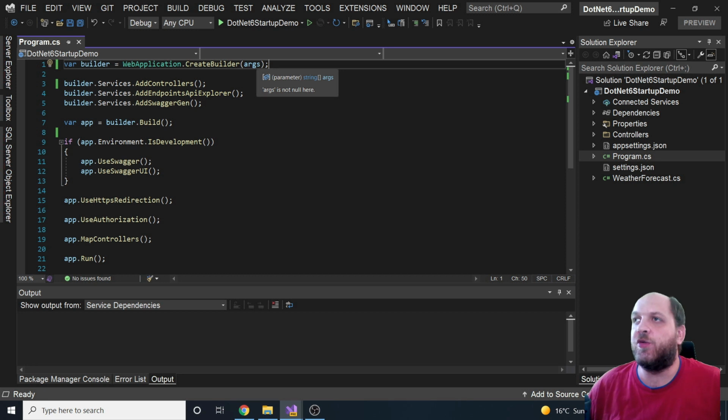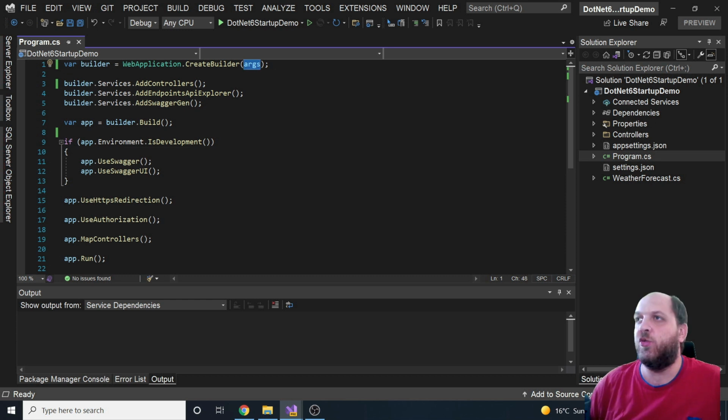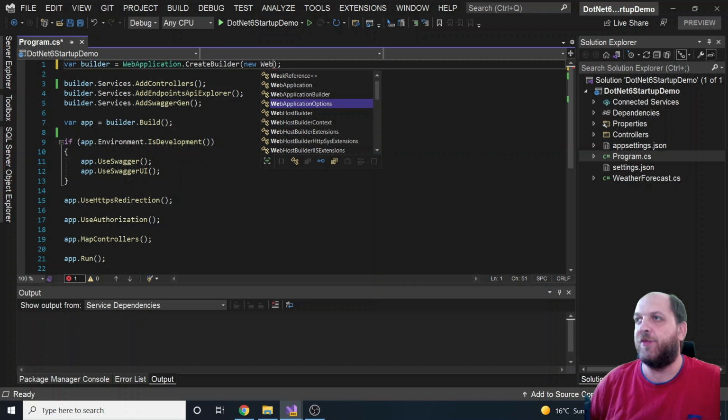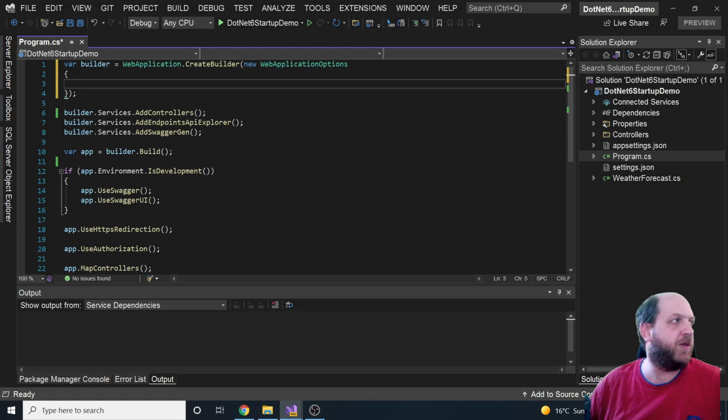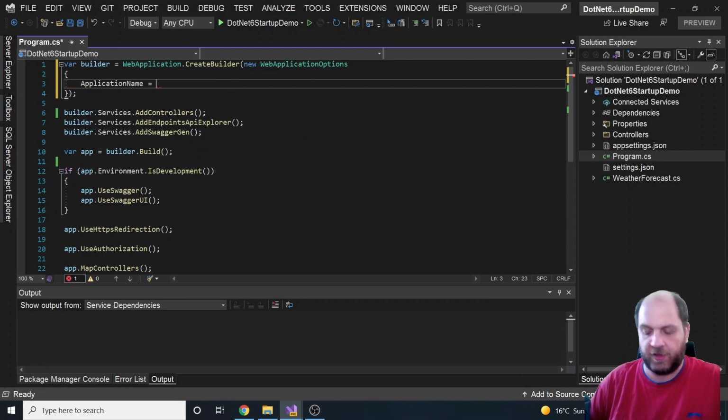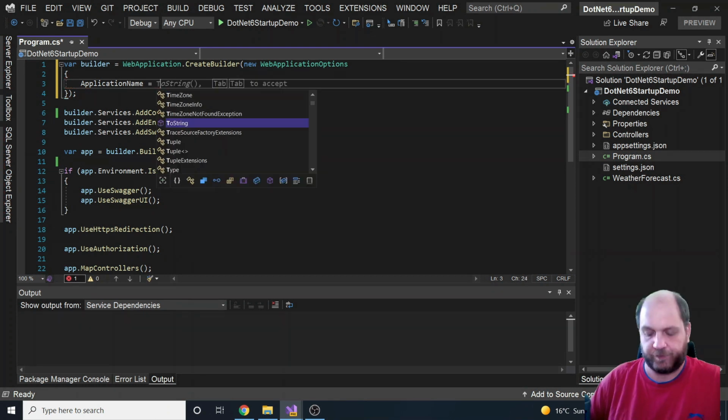Now, if you don't want to pass arguments via the command line when you run the application, then what we can do here is simply provide a new object of the type WebApplicationOptions. And if we have this WebApplicationOptions, for instance, we can configure the application name, which would be, let's say here, typeof,